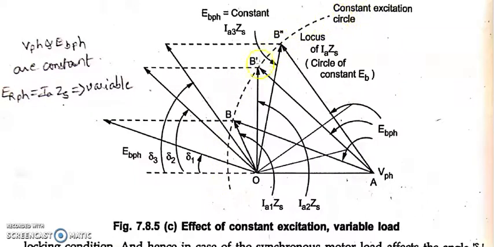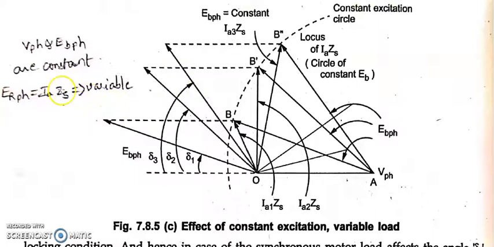It's a constant excitation one. For this particular topic, I'm not varying any field current. Flux is always constant for this topic, but what we are changing is only the load, from lighter load to heavy load. That is the reason why your EB phase is not varying. We know that V phase is always constant. I'm not varying supply voltage, and I can vary EB phase, but for this condition I'm not varying EB phase, because EB phase is proportional to flux and flux is proportional to field current. As I'm not varying field current, EB phase remains constant.